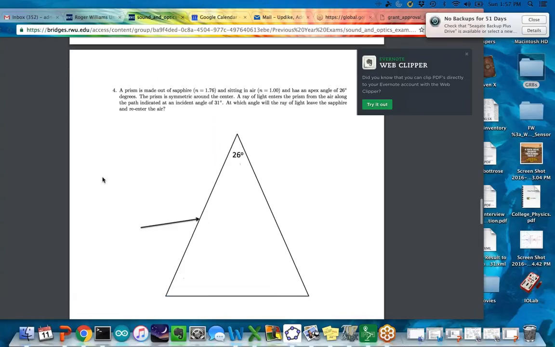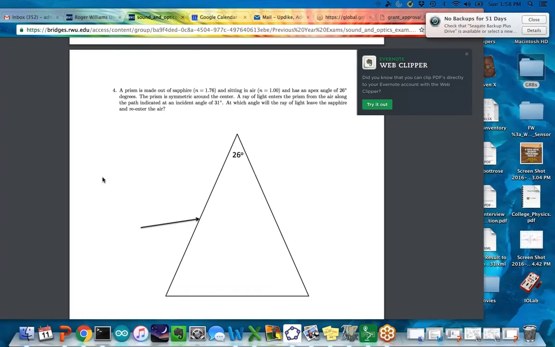All right, let's take a look at this one. So this is a dispersion problem. All right, and hopefully this is one of the ones where the angle I drew actually works out, but we didn't all, so I guess we'll find out. I corrected them before the exam, but then I didn't remember to correct the actual version of it that had it on there. Okay, so we've got a prism,